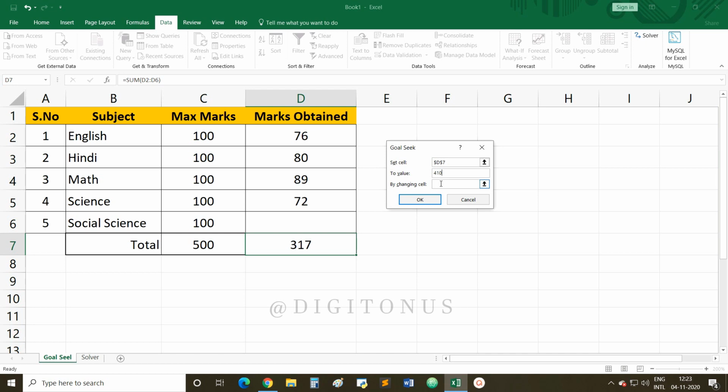Now by changing cell means that which cell value you want to change so that you can achieve this particular value, this particular output.